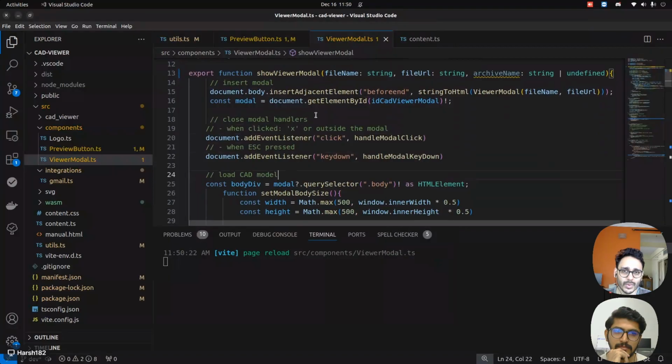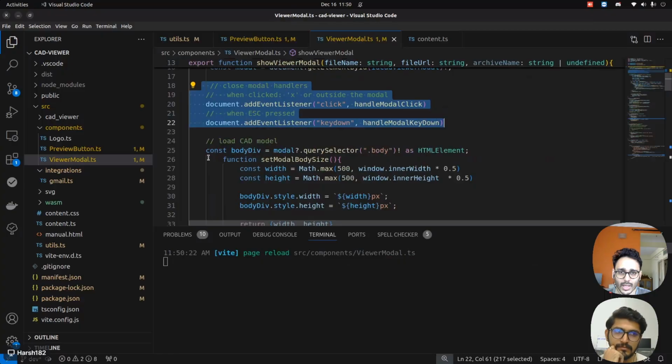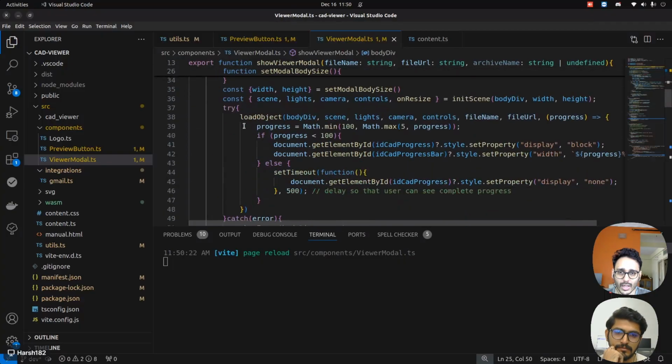Okay, so the modal will open. यहाँ पे modal में जब होता है तो what I do is firstly open the modal. फिर उसके हैंडलर्स डालता हूँ, एस्केप हैंडलर और क्लोज बटन हैंडलर. यहाँ पे मॉडल लोड होता है, राइट. सो टू लोड द मॉडल,